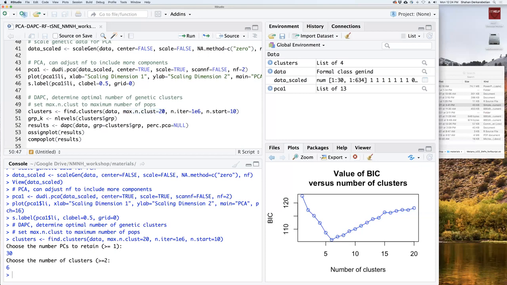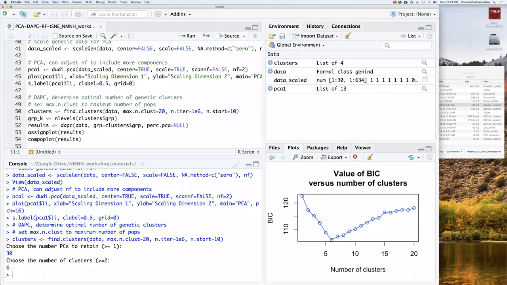However, if I picked 29, it would heavily favor 29 because of the problems with working on organisms like this. So I just arbitrarily set it at 20 so I don't have to deal with that oversplitting, right? That's something that happens a lot even in basic things like this. So you can change it, ideally to be purely discovery. You want to set it to the maximum number of samples or populations you have. But I did not do that because I don't want to deal with that 29, right? There are 30 samples, but they're from 29 different populations in this data set.